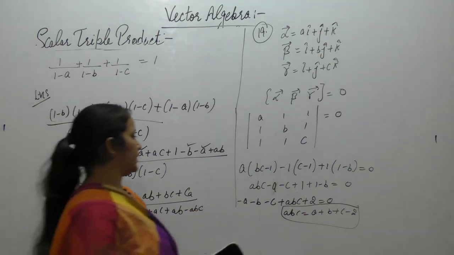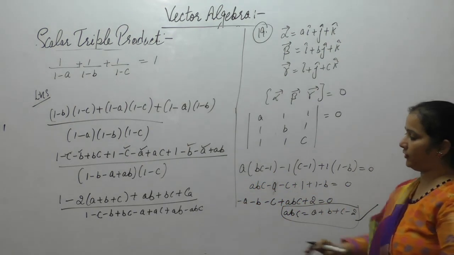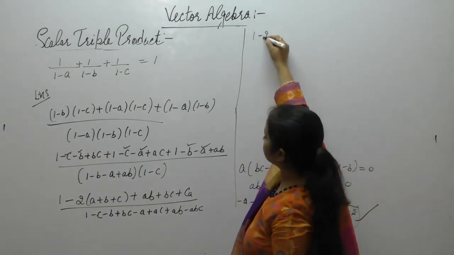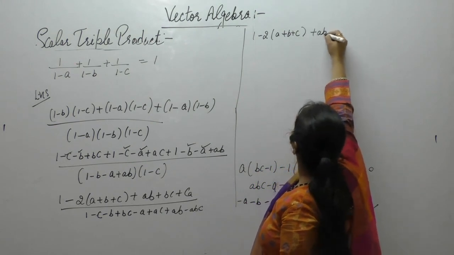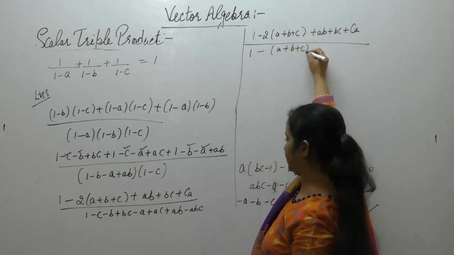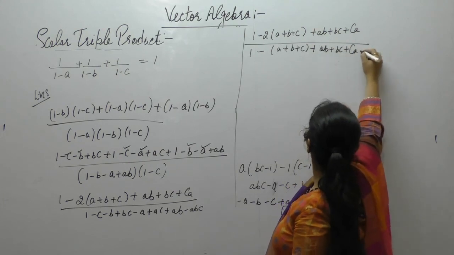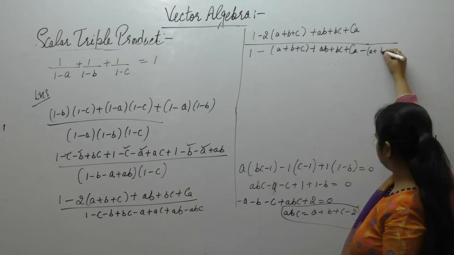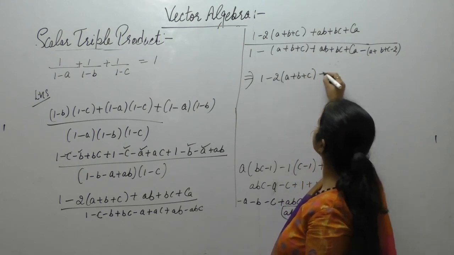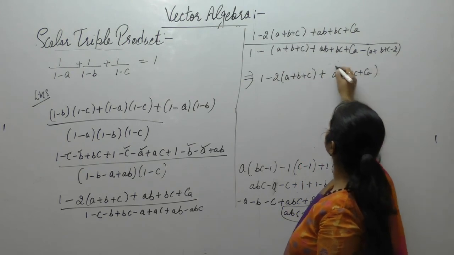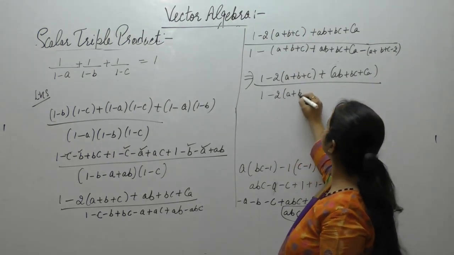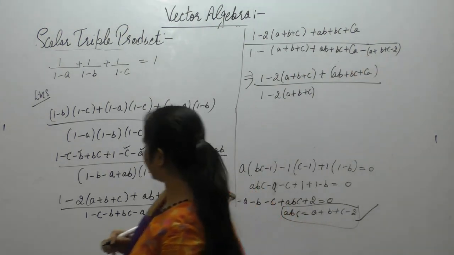Note up to here. Now we have already found the value of ABC. Put the value of ABC in the denominator. So 1 minus 2 times A plus B plus C plus AB plus BC plus CA upon 1 minus A plus B plus C plus AB plus BC plus CA minus ABC, which has value A plus B plus C minus 2. So we get 1 minus 2 into A plus B plus C plus AB plus BC plus CA. These all terms are negative. So 2 times A plus B plus C, 2 times A